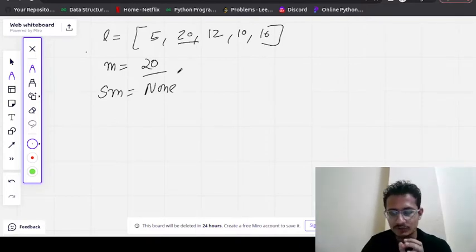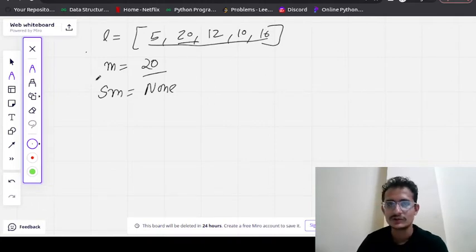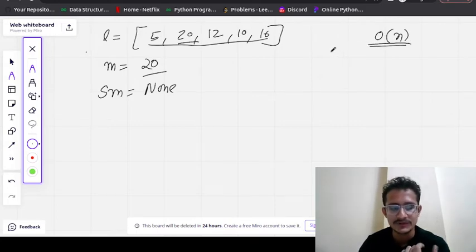Then I will traverse the entire list again. The maximum element, I know, we can find in order of n, using the method I just showed you: we traverse and check which is the maximum element. Once we get the maximum element, we traverse the list.